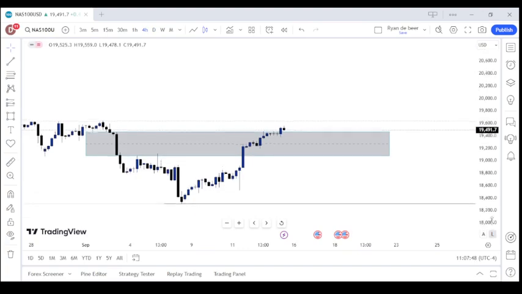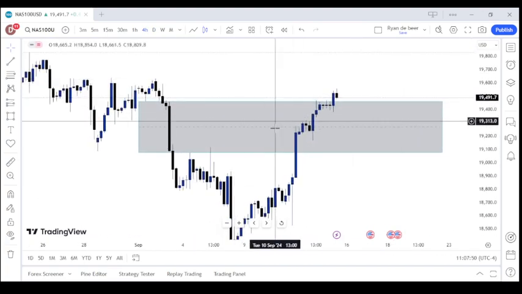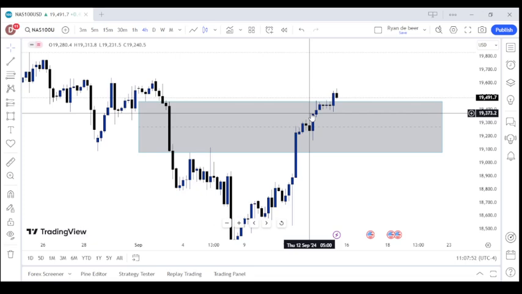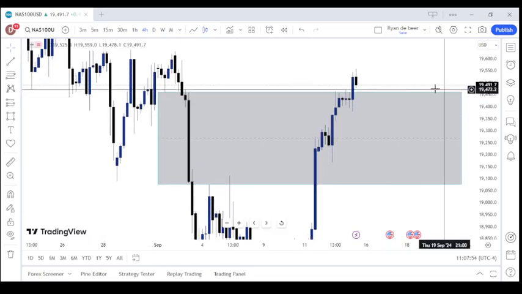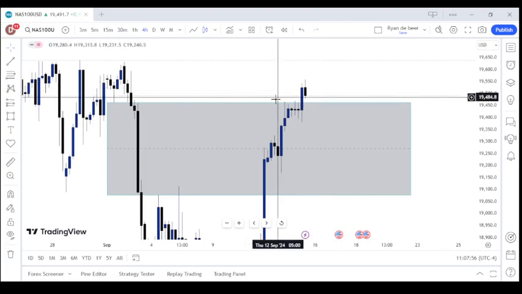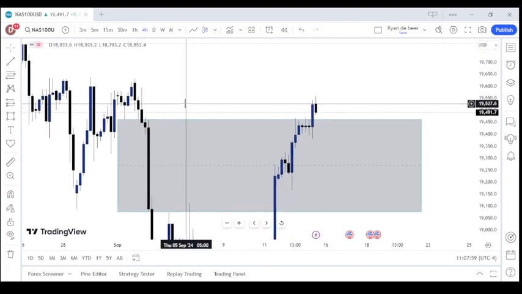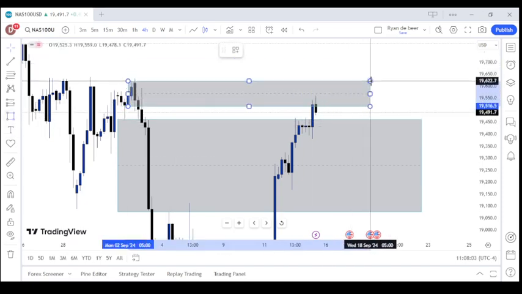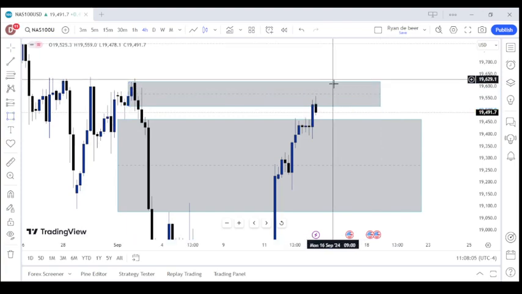Anyways, if you go onto the 4-hourly time frame, you can see we've got our daily fair value gap marked out right here, and you can also see price closed above this daily bearish fair value gap. Now what we are looking at here is this bearish 4-hourly order block